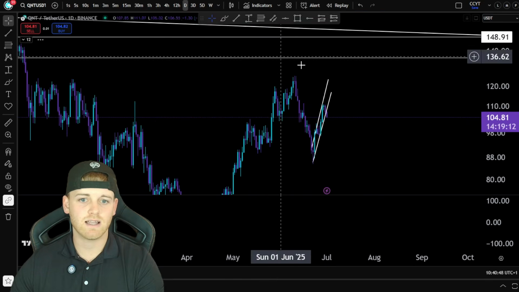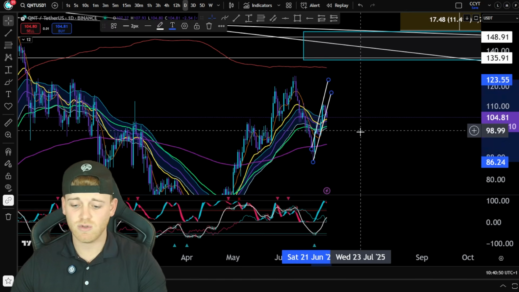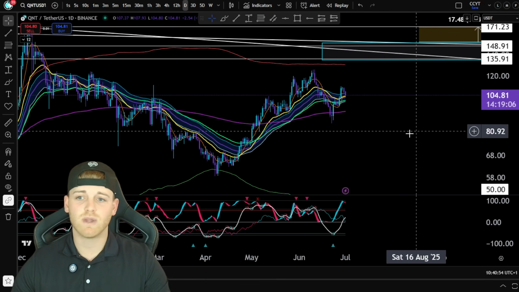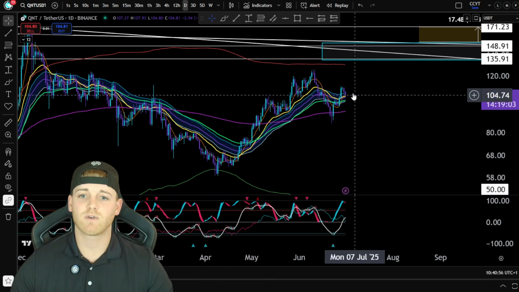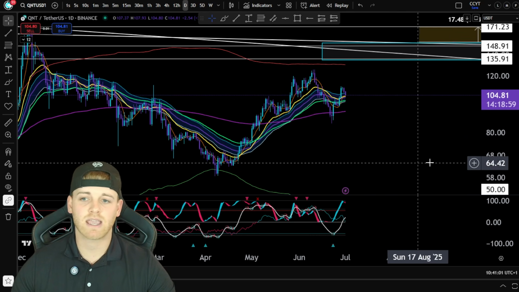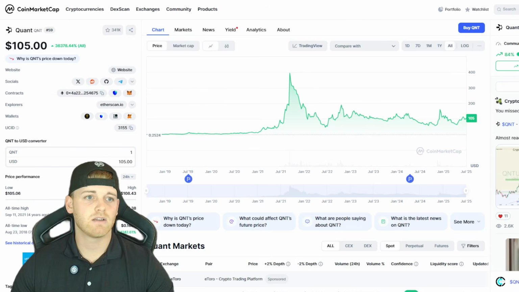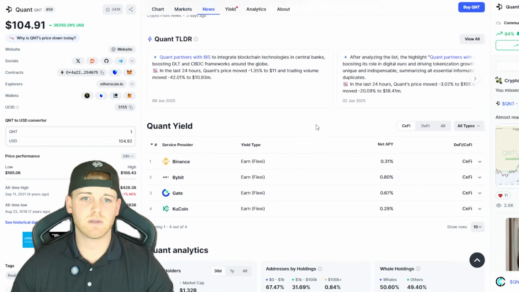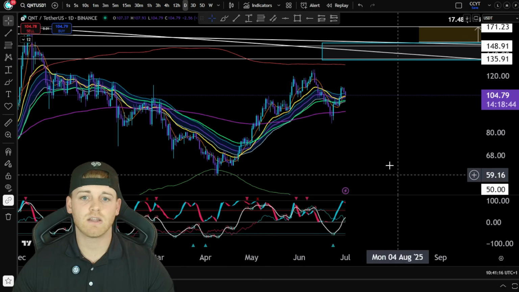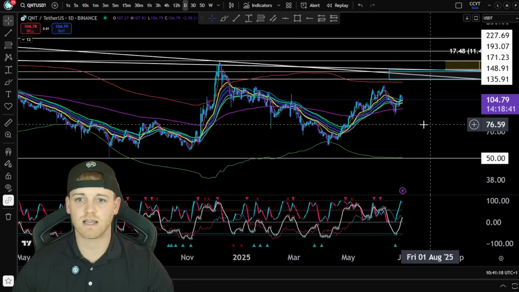For this lovely asset here, which has got huge potential. Okay, so the price prediction here today for Quant that we're going to be covering is basically from where it is currently now all the way up to all-time high, and then seeing how high it can go after that. Basically, remember guys, this is now potentially onboarding central banks onto their new blockchain technology, which does act as a bridge for all blockchains, which is something that we really do need in the crypto space. So let's have a look, see how high this thing could go.